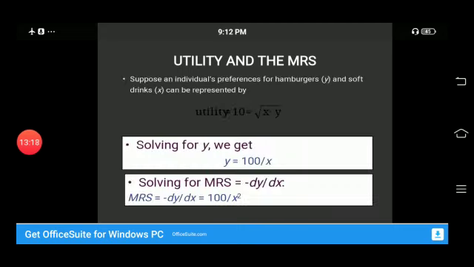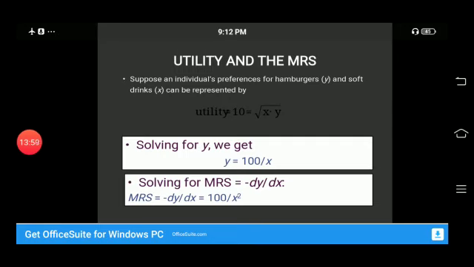How do you get this differential? I'm telling you the formula of the derivative: if there is a power rule, meaning we are taking the derivative of x raised to power n, then the derivative would be n times x raised to power n minus 1. The power n comes in front and multiplies, then x is raised to power n minus 1, so 1 is subtracted from the power. Look at this: 100 over x, we can write it by taking x up, so 100 multiplied by x raised to power minus 1.